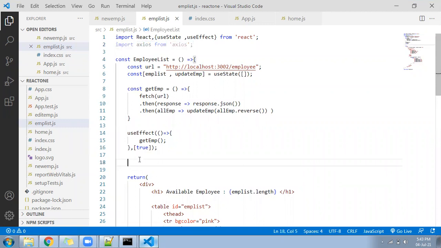Coming down, we need to write a function deleteEmp, and this is a functional component, so you have to follow const. Delete emp function. I created a fat arrow method.